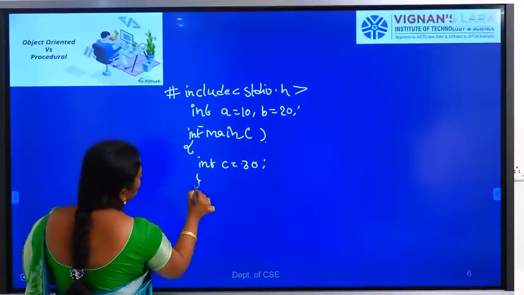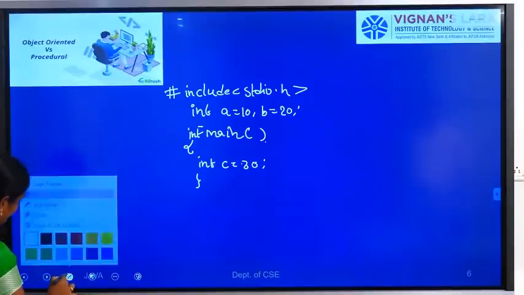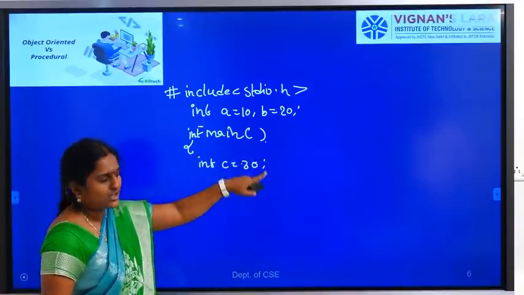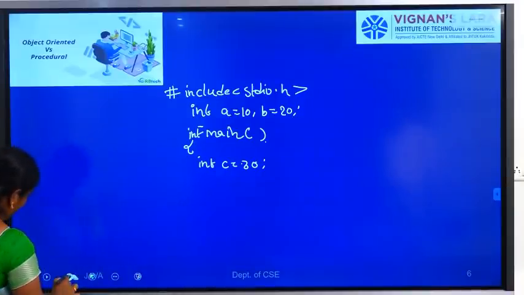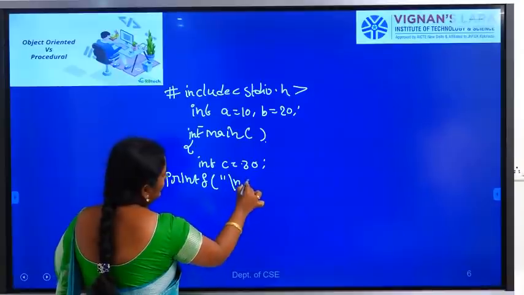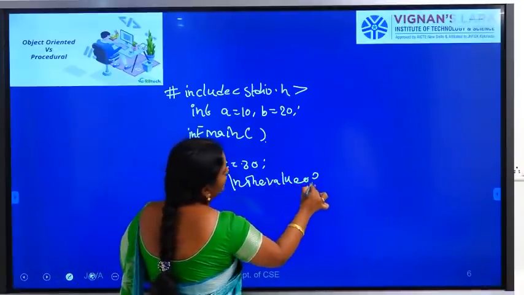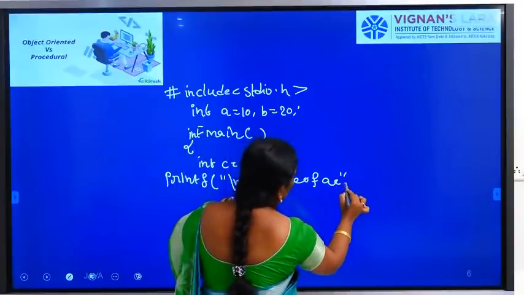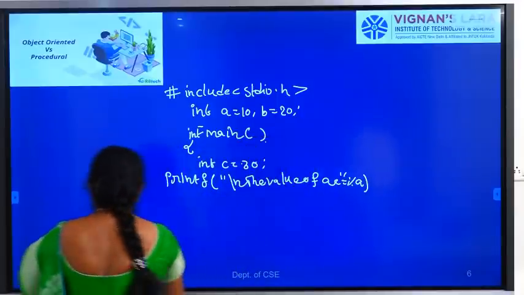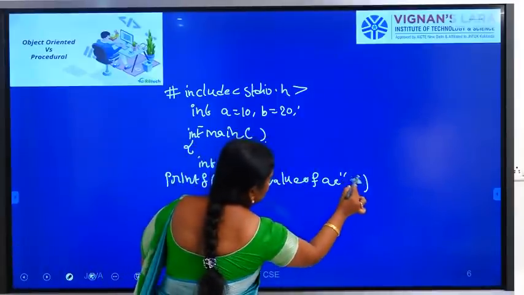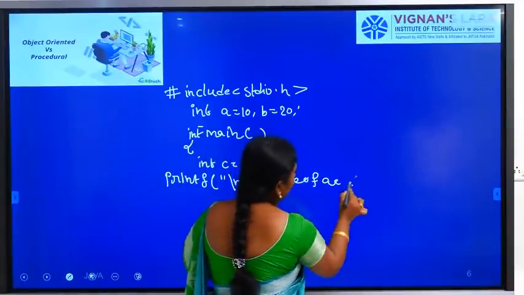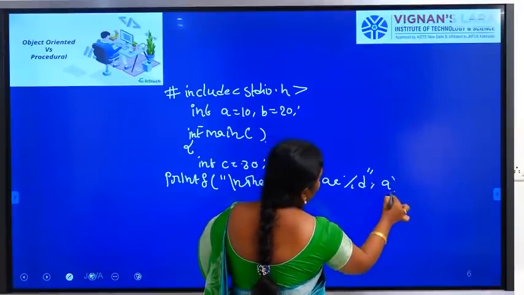We have closed it. For example, we have to display these variables on the console, so we have to write a printf statement. printf slash n the value of a equal to percentage d comma a.